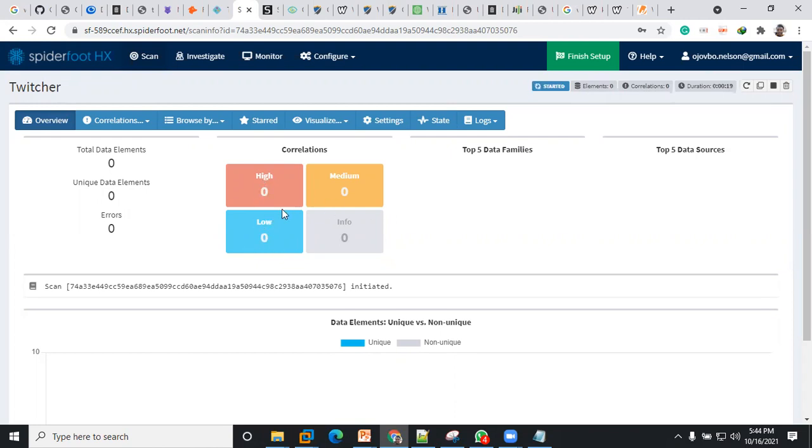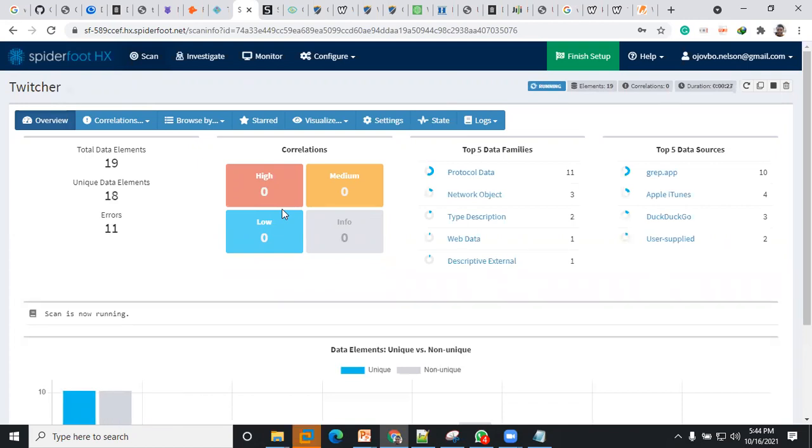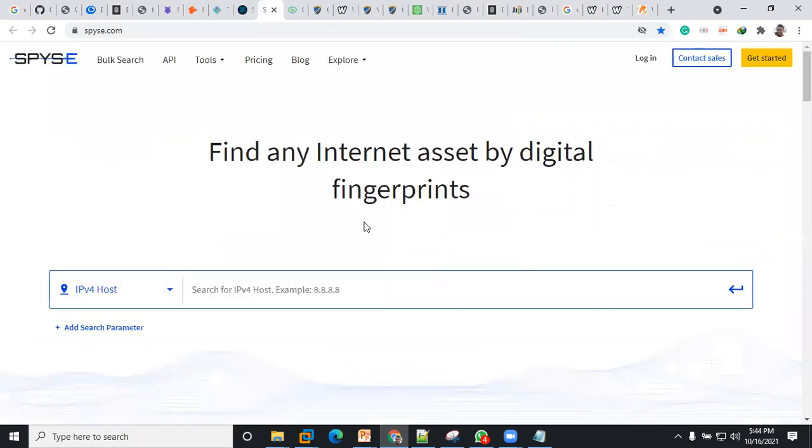So what I'm just trying to show you guys is that if you're conducting information gathering, it's not just about using Kali. There are several open tools out there that we could use to give us useful insights about the external facing assets that we have. So I'm going to go to another one called spice.com, to give you information, digital footprinting on an external facing asset, right?